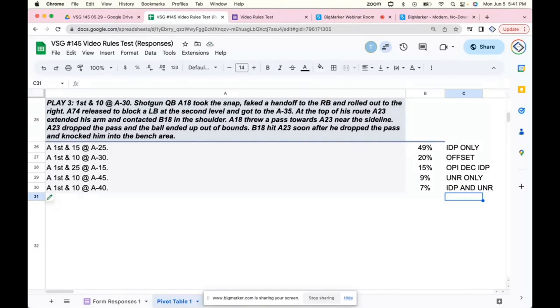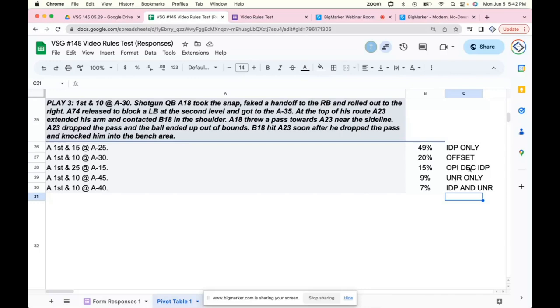So now we can see what people's opinions are of the fouls. I don't hate the 7%, even though I already said I did. Because at least you got it on the dead ball. I like that as a dead ball foul. Now 9% with UNR only, you missed the IDP, right? Yeah, we missed the IDP there. We can't ignore the IDP. We have to get the IDP. So either we just didn't see it, although the question clearly points it out, so reading comprehension, video, we missed it, whatever. We just got to go back and ask, how did I miss that IDP? Which is fine. That's why this is a video test, I guess.